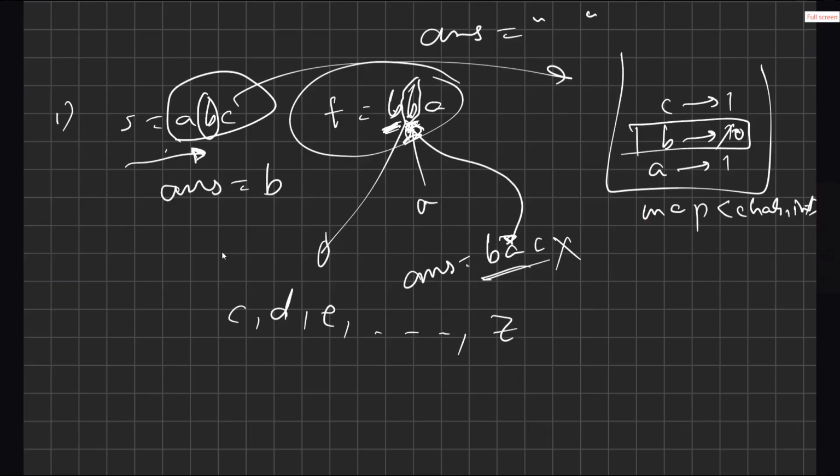Okay, so you are understanding now. So now I'll try to take C. When I try to take C, I see that C is present in the map. When C is present, I'll just put in C, and I'll make sure it is 0. Okay, and once